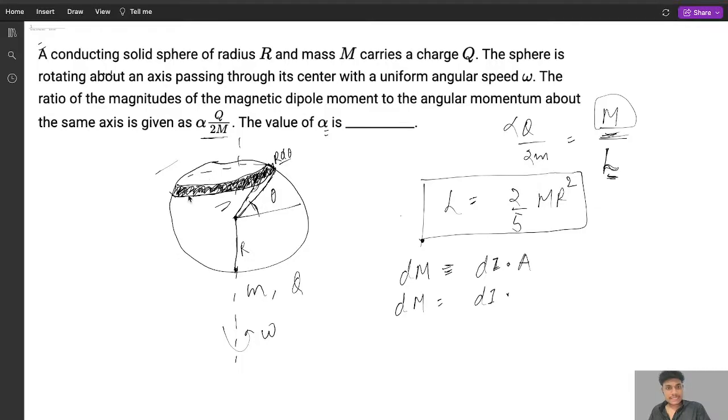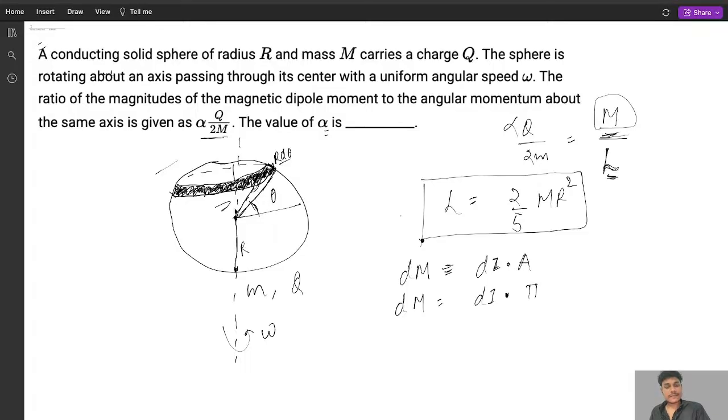If I see this ring, अगर अपन देखें तो ये एक्चुअल में एक डिस्क है, लेकिन as the charges reside on the surface, then we consider it as a ring, एक रिंग की तरह। क्योंकि सिर्फ जो चार्ज है अपना सरफेस पे है, और जब ये मूव करेगा तो सिर्फ सरफेस वाला चार्ज ऐसे मूव करेगा, तो उसी की वजह से करंट प्रोड्यूस होगा। तो अपन इसको रिंग की तरह से कंसीडर कर सकते हैं। लेकिन मास तो उसका उतना ही होगा, उसमें चेंज नहीं आएगा।